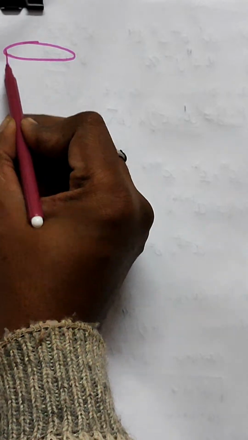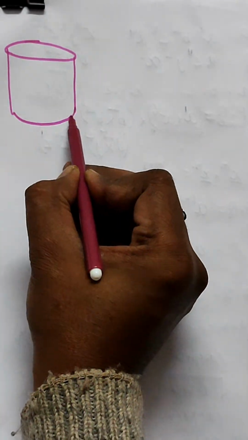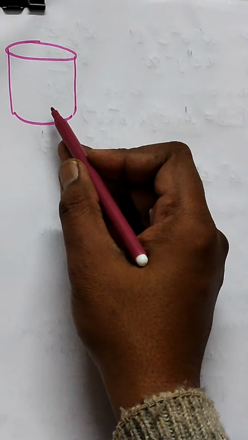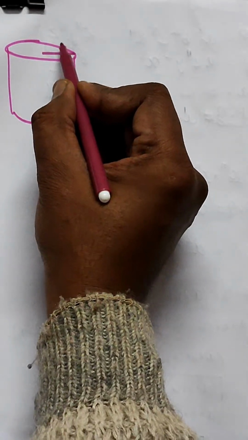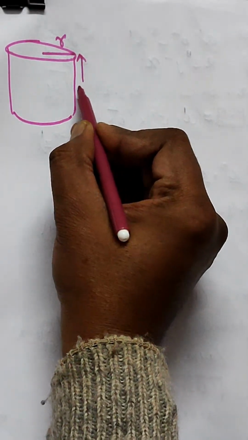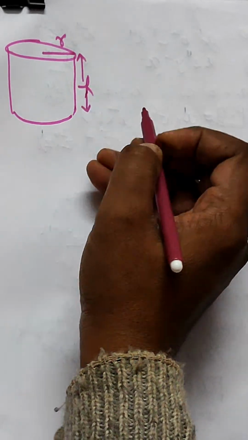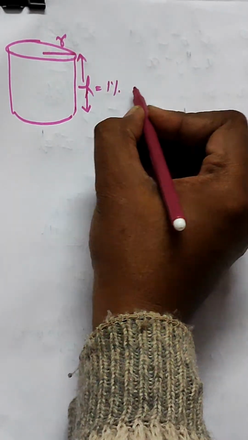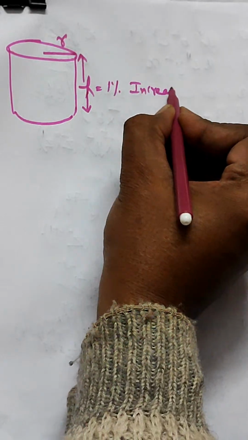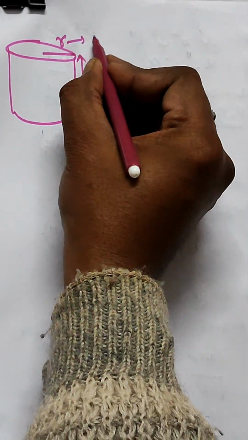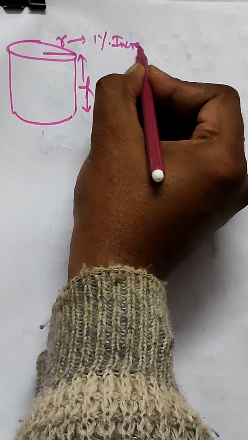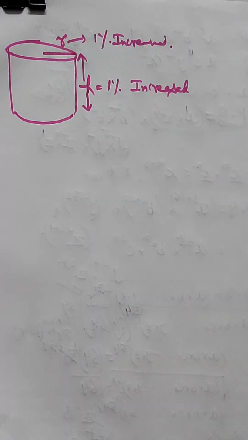There is a cylinder given, and that is made up of iron. If this is the cylinder given, made up of iron, and due to heating, this radius and this height is increased by 1%. Radius is also 1% increased. Now what we need to find,